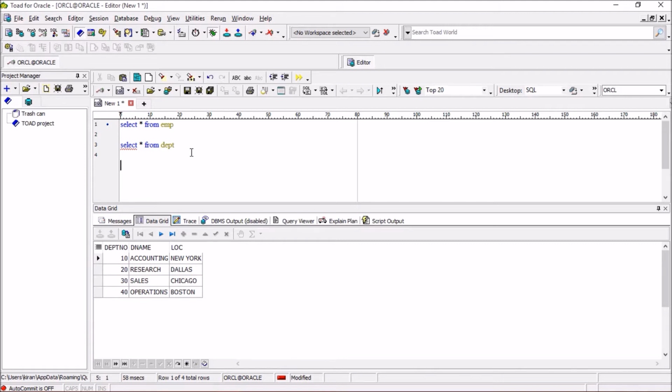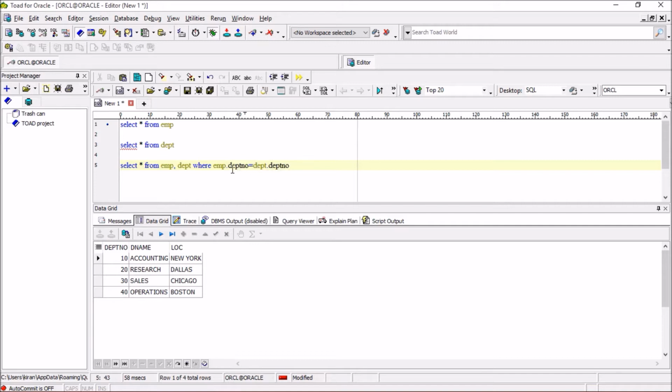What will I use? Select star from emp comma dept where emp dot deptno is equal to dept dot deptno. In the emp table we have a deptno column, and the same column is also in the dept table.